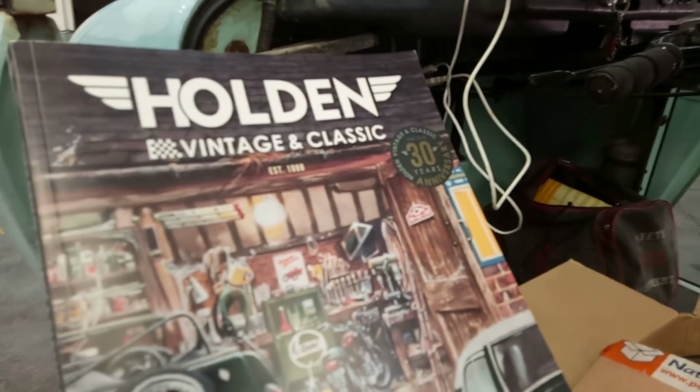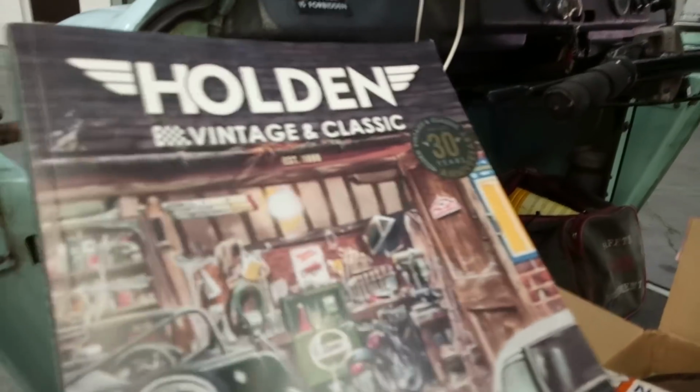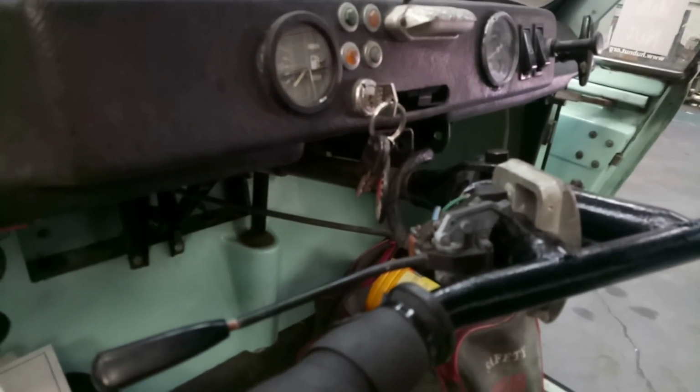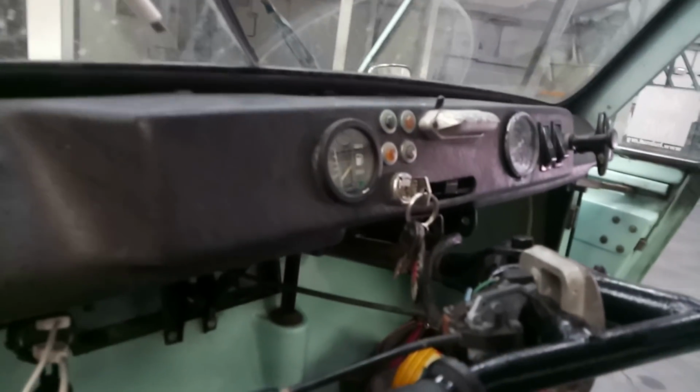Right, a bit of an unexpected stop on the way back. I stopped at Holden Vintage and Classic near Bromyard, organisers of the Bromyard Speed Festival, which is going to take place in April next year. Had discussions about whether a certain freewheeler might be there,